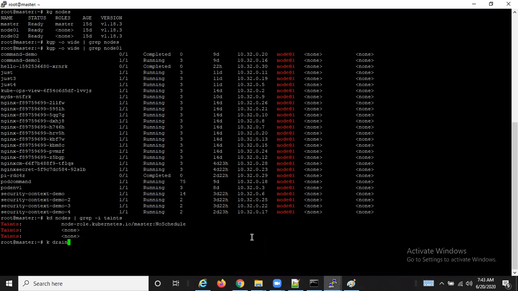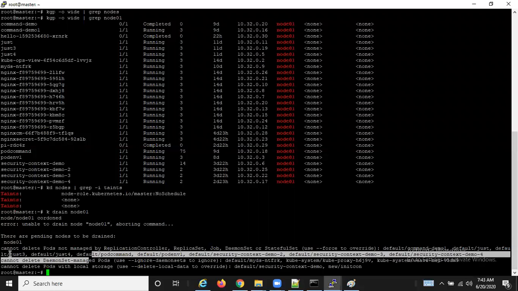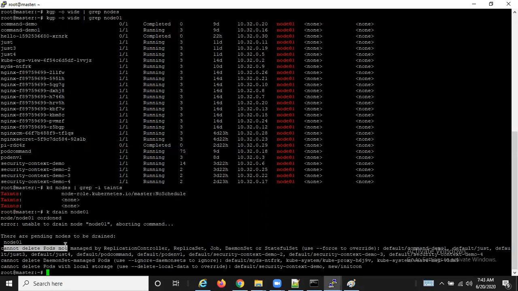It will warn you. Let me see that warning. kubectl drain node 01. There are pending pods to be drained. Cannot delete the pod. See, two things that you are noticing here. One is related to the daemon set. The other is the direct pod. Cannot delete the pod not managed by